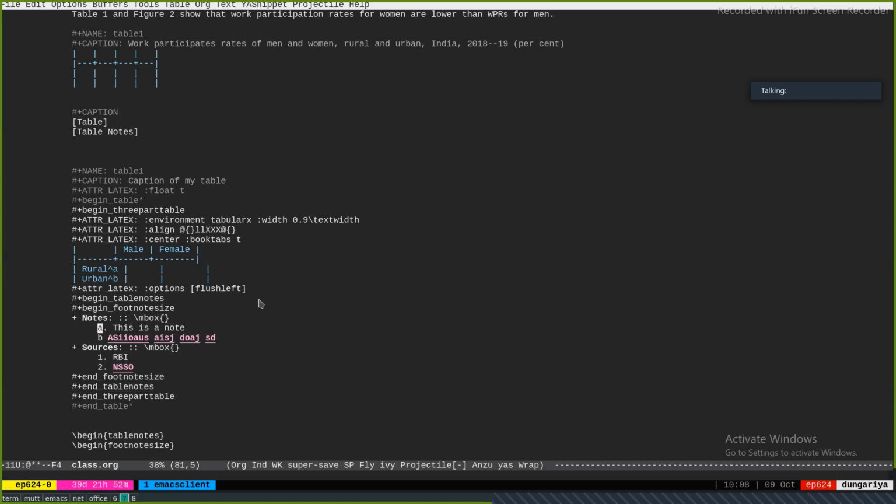This should be just still. Otherwise, it will be turned into 1 and 2. We treat it as a list. Okay, whatever. So this is basically an org syntax. This is used when you have multiple notes to a table. But if you have a single note to a table, you just cut this out and just use this. And this will work.